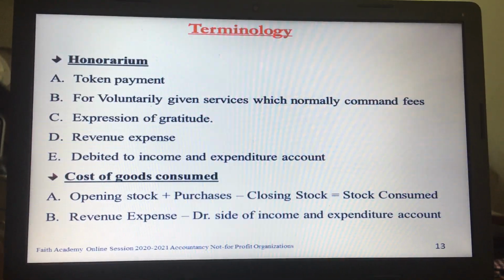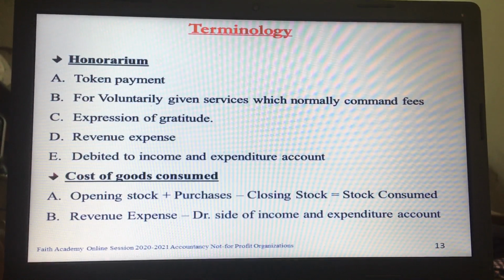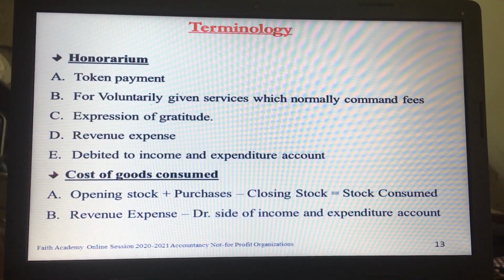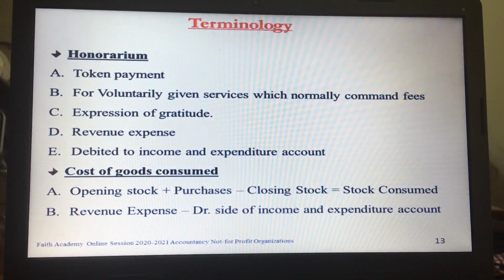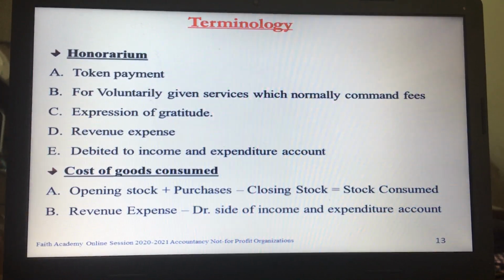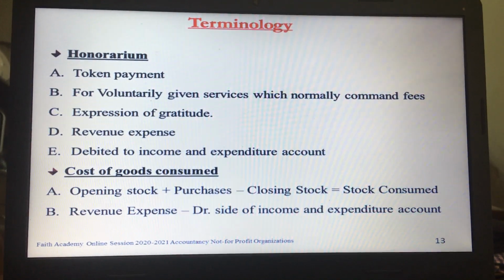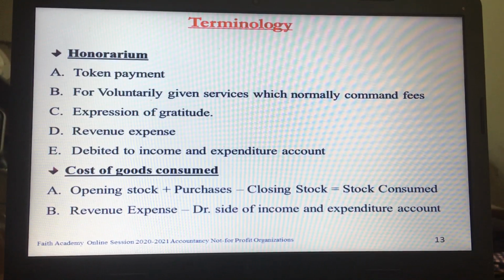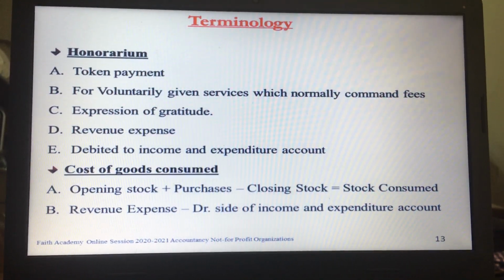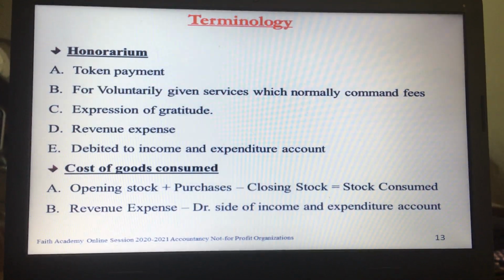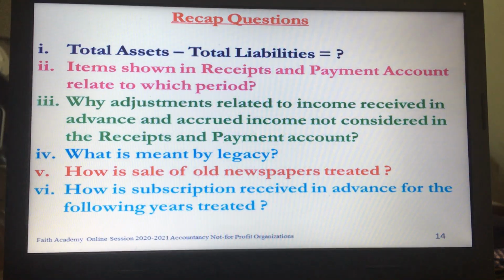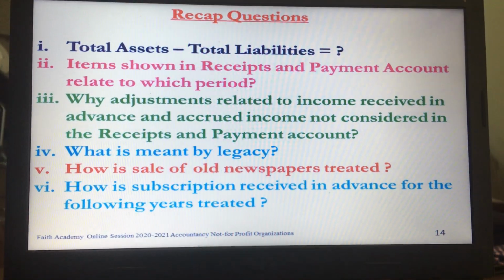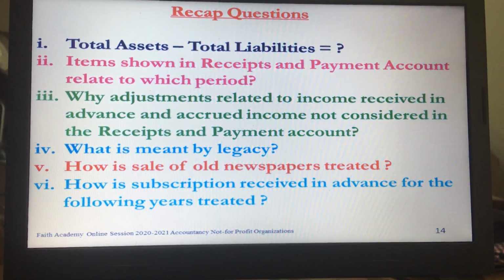Children, we have talked about the theory part of the chapter. We'll be doing some more questions which we want you to maintain properly in your registers. Please go through the PowerPoints and the video again if you have any doubt, and we'll be doing the questions now. Total assets minus total liabilities in case of not-for-profit organization is equal to